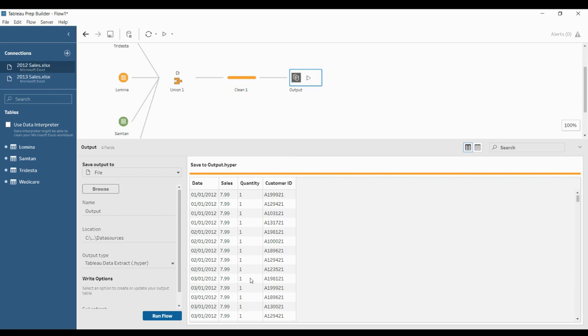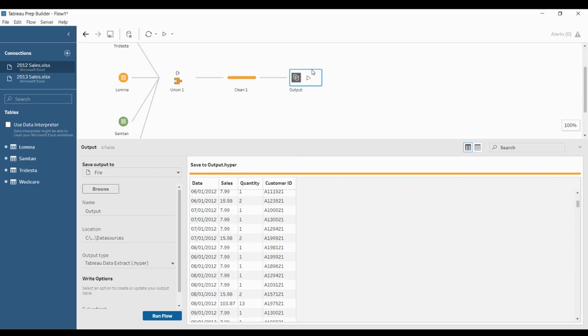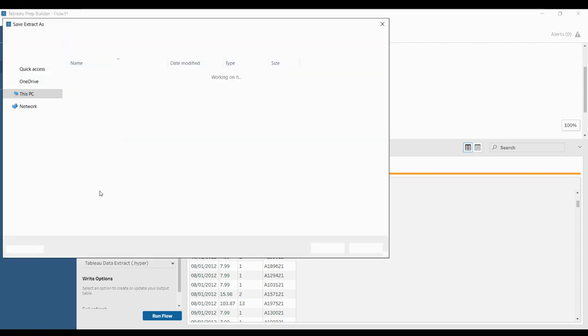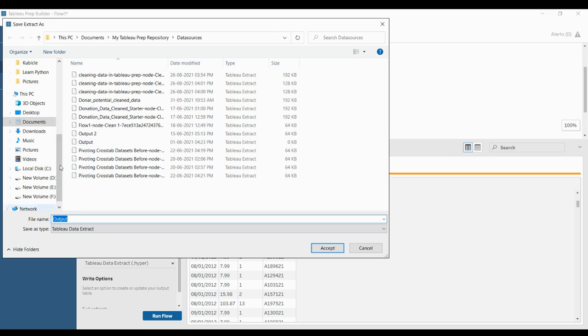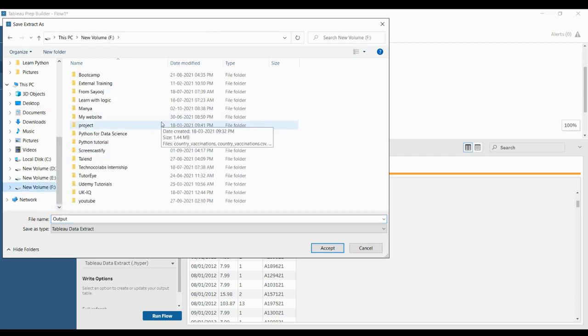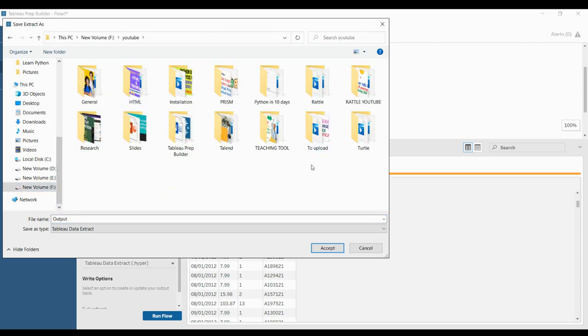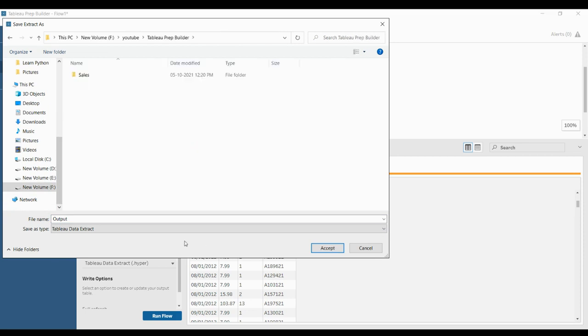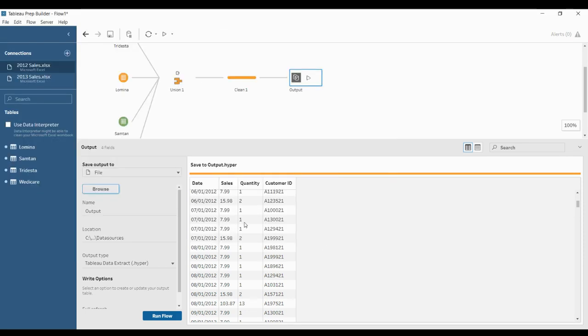Now we are going to create an output flow here. So simply select here and go to File, Browse. Save to output. Where you wish to store it, click the desired output here. That is a Tableau pre-built output.